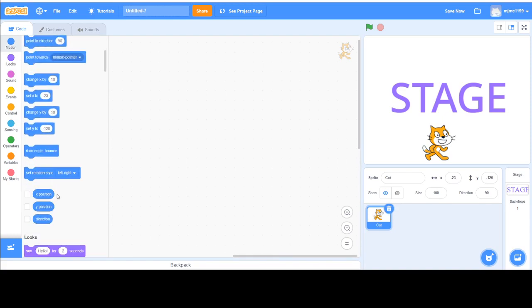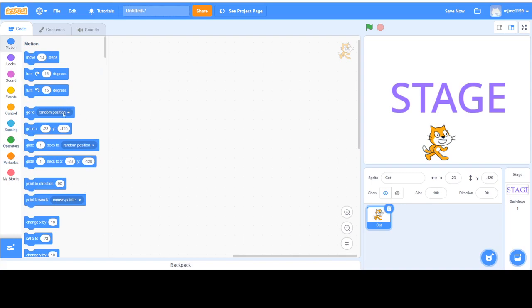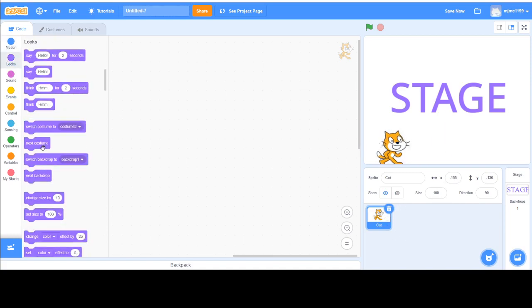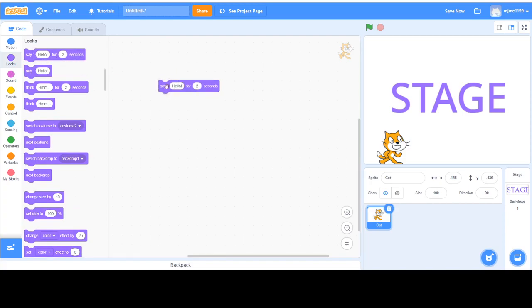This is the motion tab. All the things in the motion tab have to do with where your sprite is on the stage. If we go to looks, this is where you can make your cat or whatever say hello,